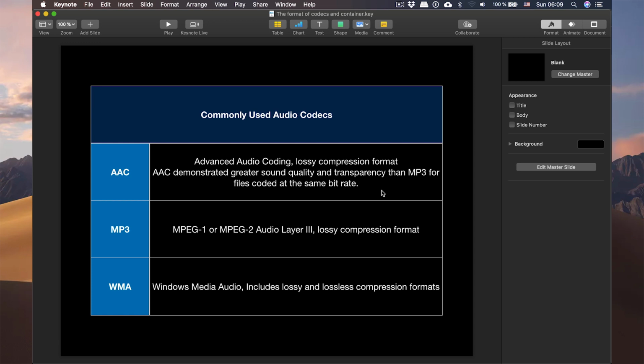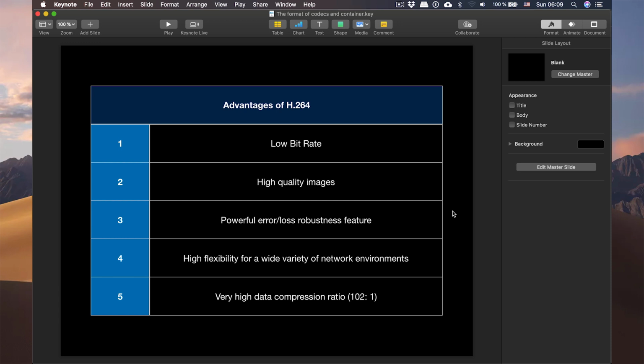And now I would like to summarize what we learned today. So first, what are the advantages of H.264? Number 1, low bitrate. Number 2, high quality images. Number 3, powerful robustness feature for any errors and data loss. Number 4, it provides more flexibility for application to a wide variety of network environments. And number 5,